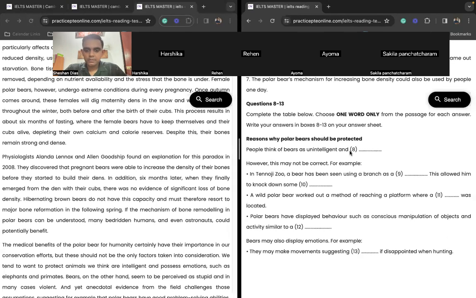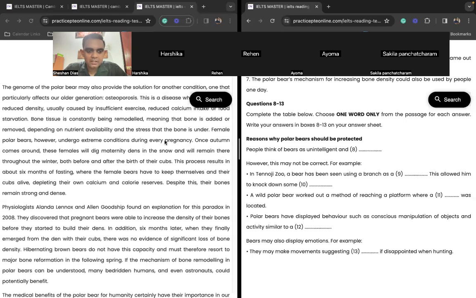All right. Then look at this type of question, right? Sentence completion. All right. So if you look here, people think of bears as unintelligent. Okay. There is no fixed keyword here. The only one would be polar bears, but polar bears has been repeated multiple times. So that's really not any help. Unintelligent would be the best next word that we can find. It's still a flexible keyword, but we could find a word like stupid. We could find a word like idiotic. We could find a word like unable to learn. Something like that should be there.